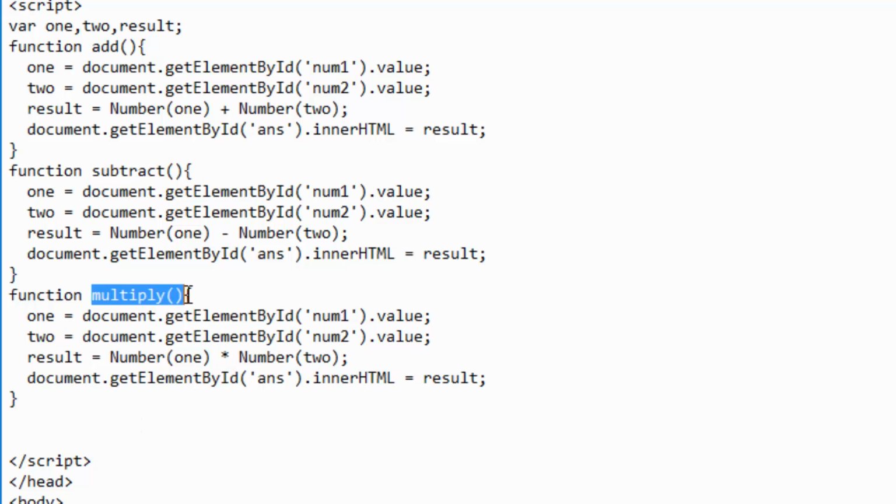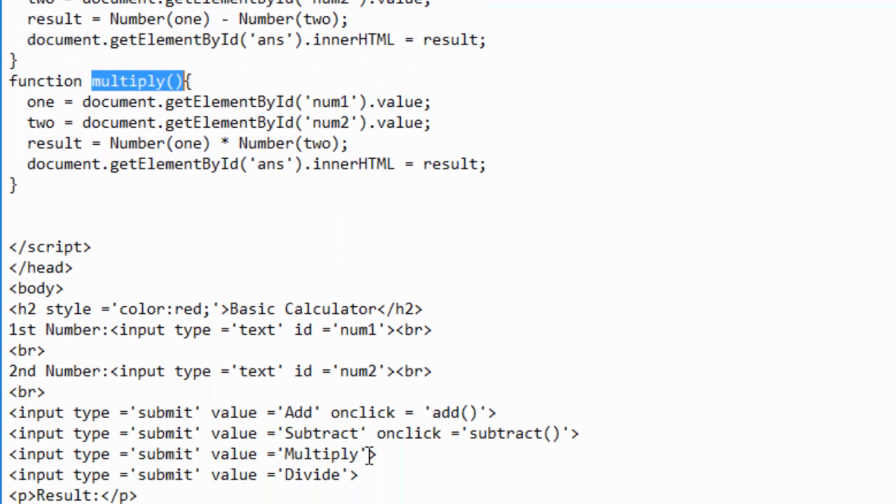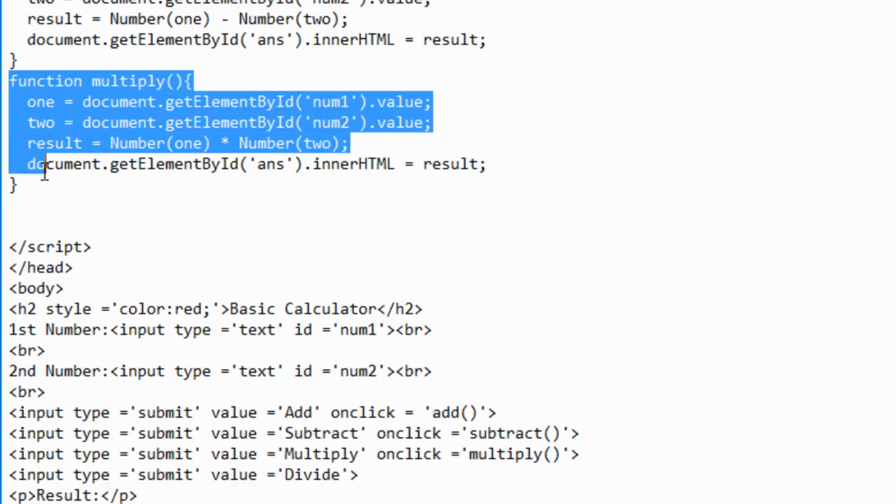Then carry this name here and attach it to the multiply button. On click, then double single quotation marks, and paste the name. You save the changes, and finally you copy this,